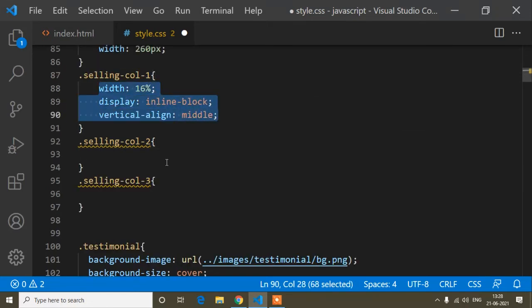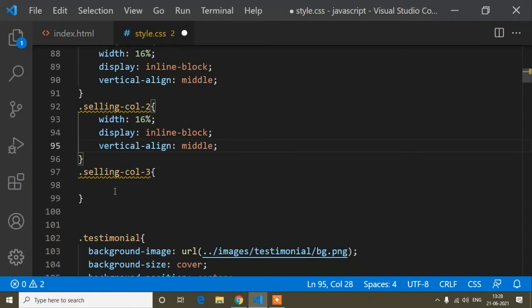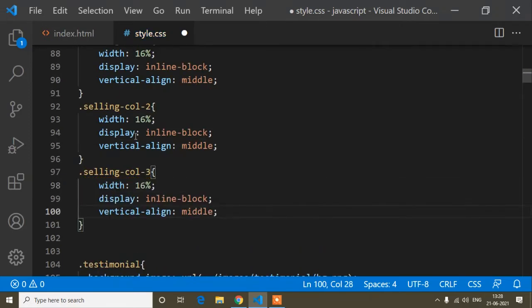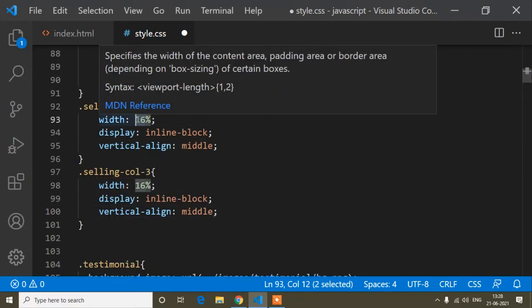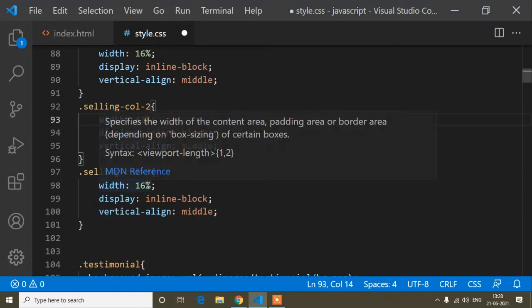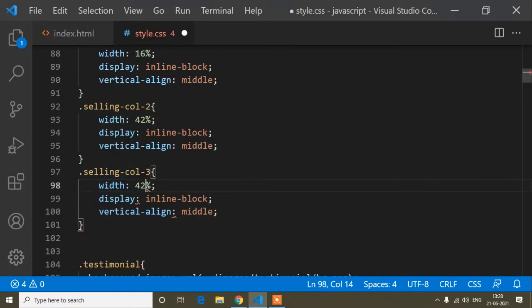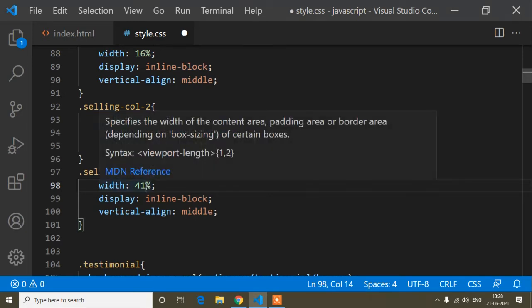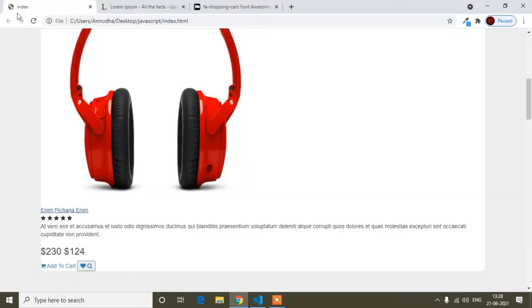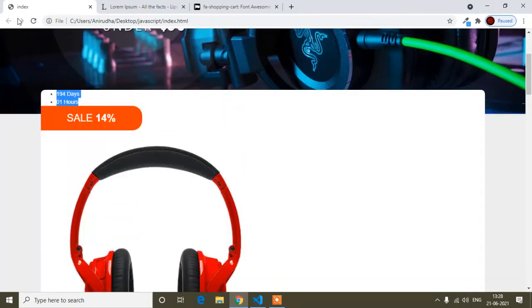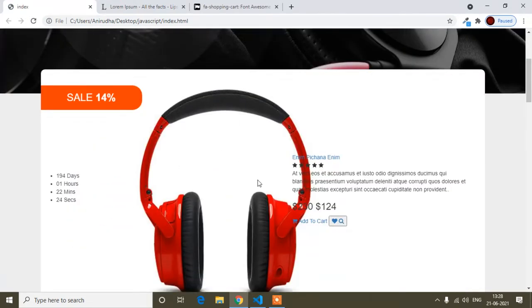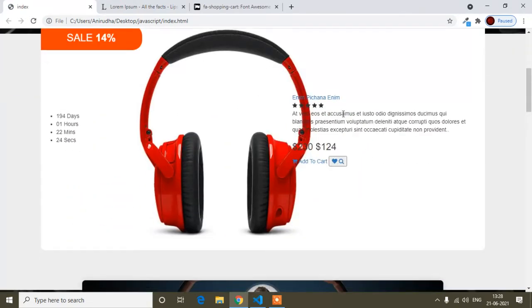So I will copy the same CSS because it will be the same, and the third column will also be the same, but the width will just be changed. So here I will write 32, and here I will write 41. Other than that, all the CSS will be the same. So now save, and if I refresh, you will find these are divided into columns. So you can see now this one is another column, and this one is the column. Okay, so now the column is done, and now I will start to write the CSS for this UL LI.